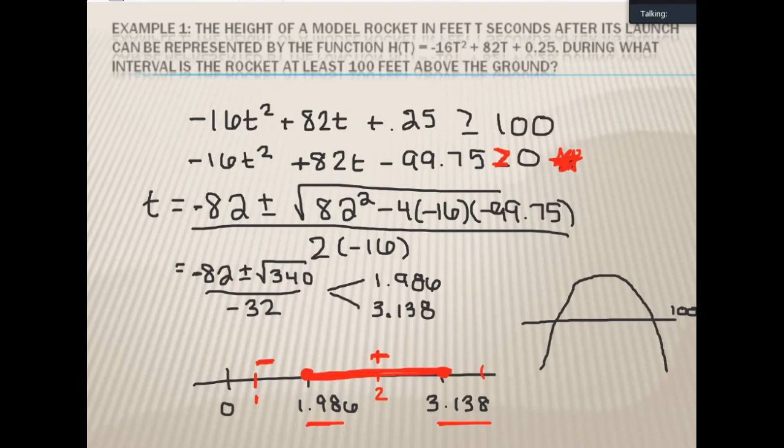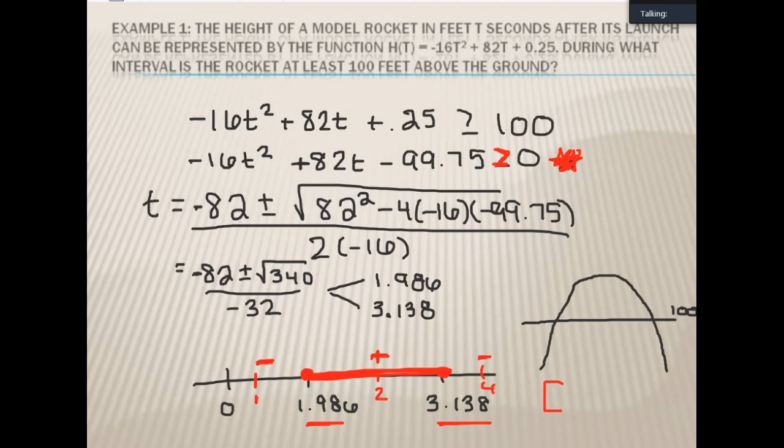And you should always confirm that you plug in 4, and it is also negative, before you exclude it from your solutions, and you get negative 2.75. So that is negative. So the interval with which my rocket is at least 100 feet is 1.986 to